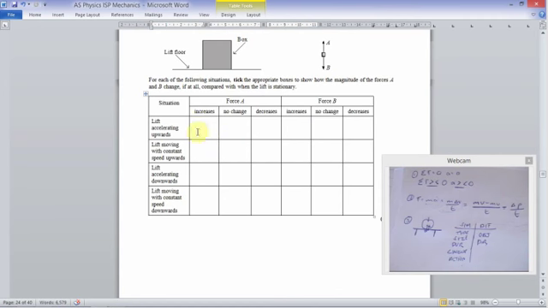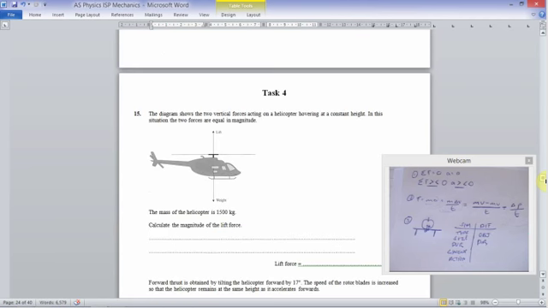So if A increases, it will go up. If A decreases, then it will go down. Literally as straightforward as that. So that one, that one, that one, that one, and all of these are no change. That sums up task 3 of ISP